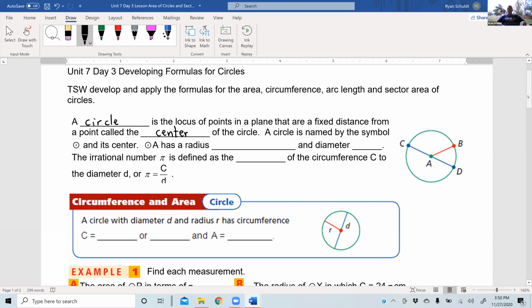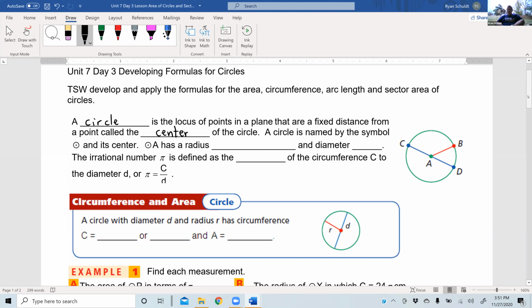So that's how we name it. Or you're more than welcome to write out the name circle and then the center point. But if you're like me, I'm lazy. I just want to draw a circle, put a point in the middle, and then say what it's called. So circle A,